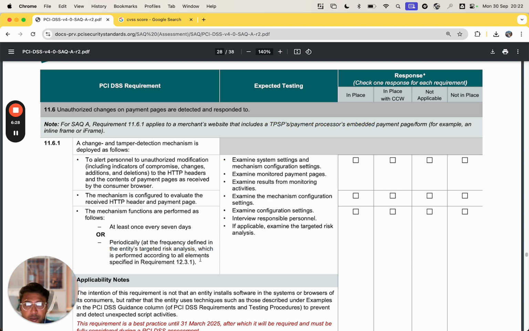I have not come across a small company for which this has been applicable. So they mostly check this on the third-party payment service provider settings. Okay, but then if you do have, let's say, your own payment page, right,